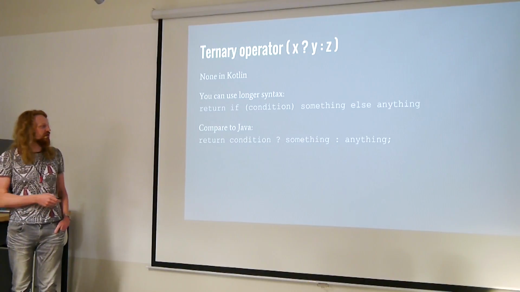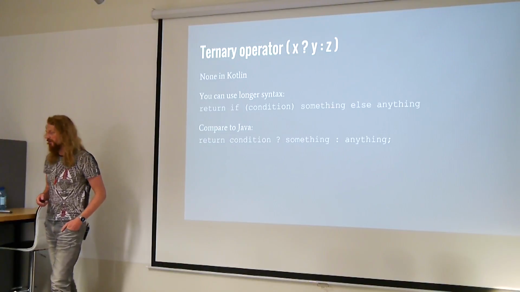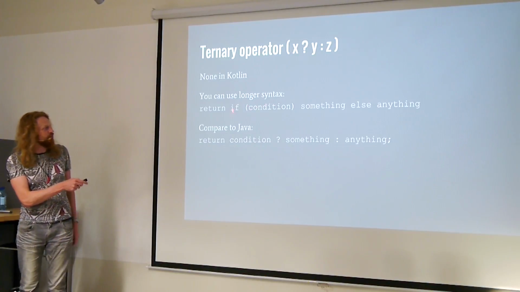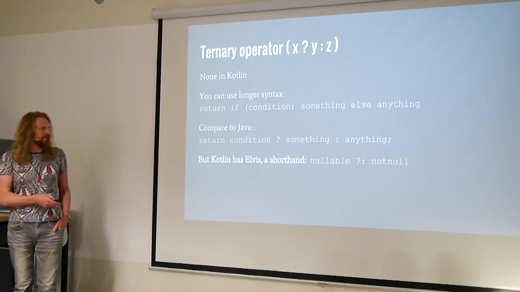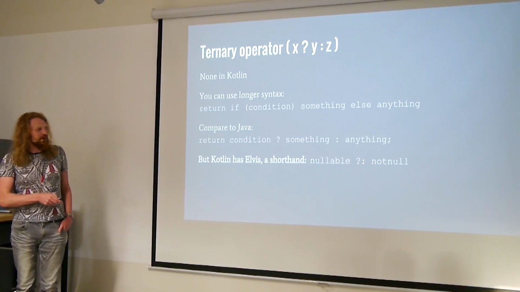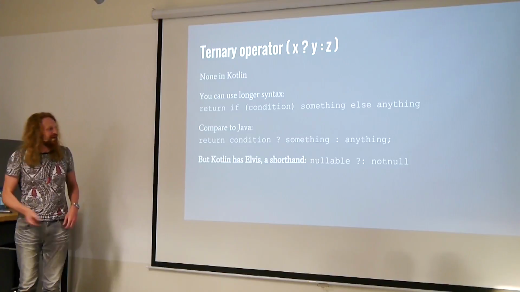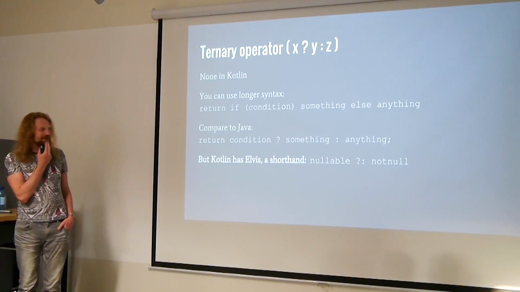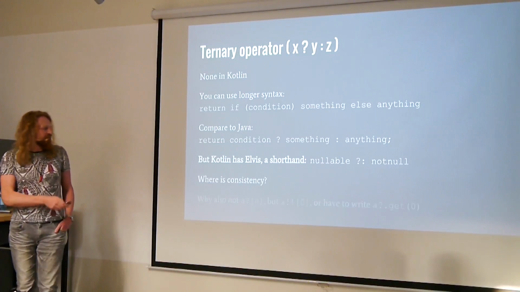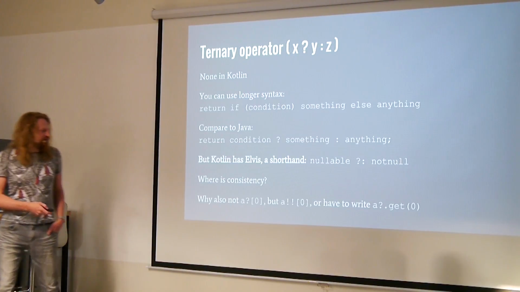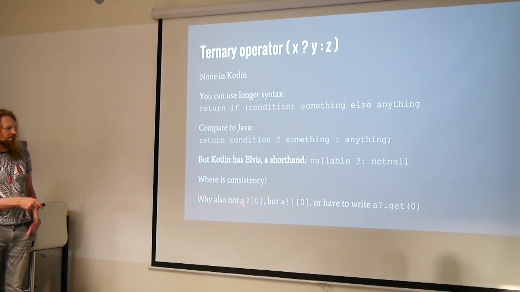The good news is that the Kotlin developers told me that they will add it, because at first they thought it's probably not needed since if would return the value like in Scala, all nice. But I told them, hey, you have the Elvis operator, and Elvis is actually a shorthand of this. So what the hell? And they told me, okay, we actually don't have a really good reason not to add this, and they promised to add it. There is also stuff, but this problem is also present in Groovy. In Groovy you cannot write like this.